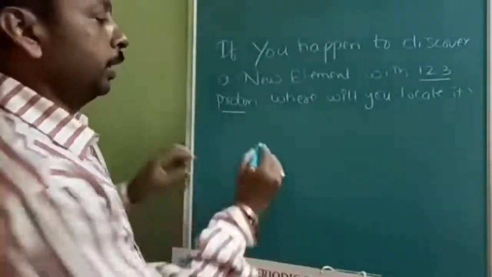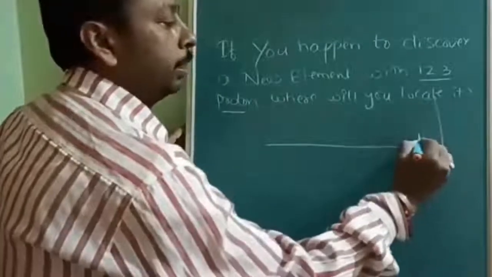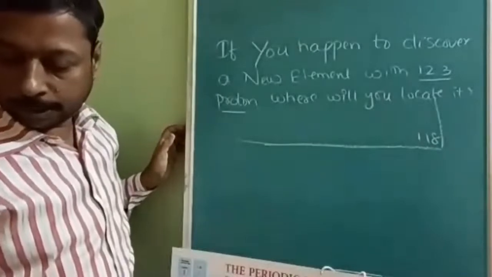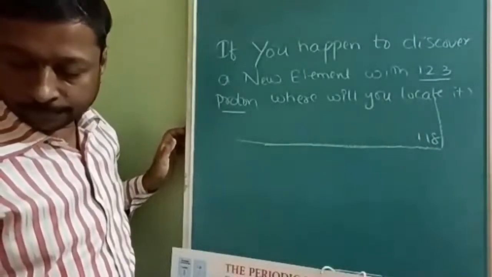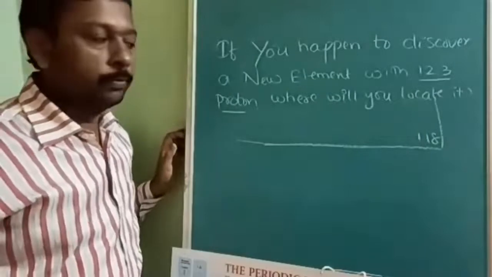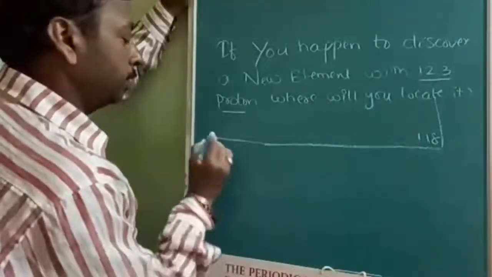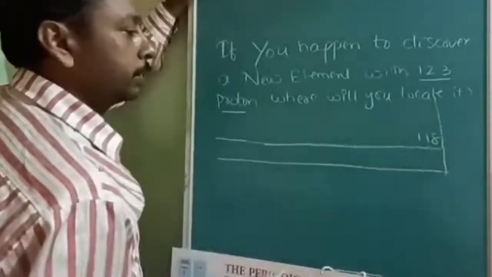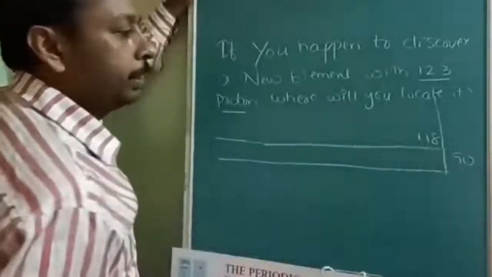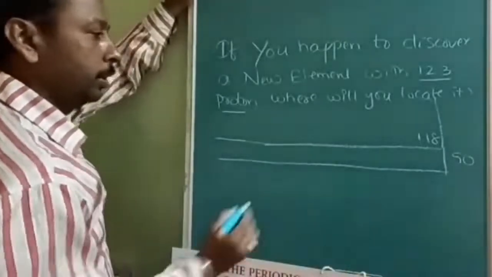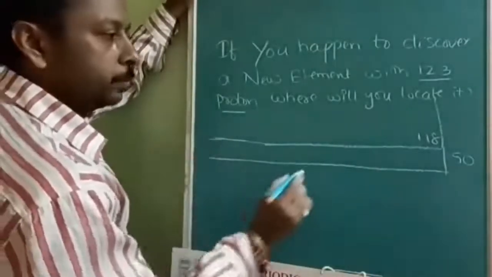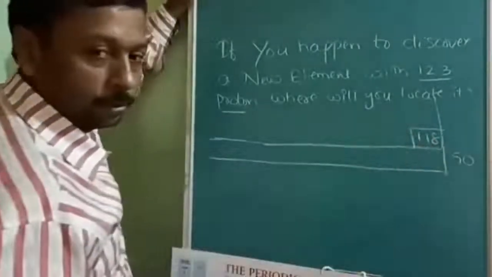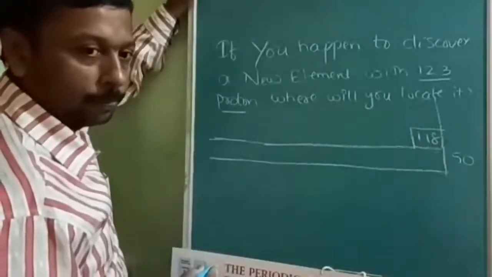So what will be the periodic table and location? I am telling you again here. 118 is where the periodic table finishes. The period with 118 elements is completed. Now we will start with the next period. Its capacity is going to be 50. All of you must be aware of that. So how is it 50? Already I have explained in the previous lecture. If you don't know, kindly attend all video lectures with utmost care and proper notes.